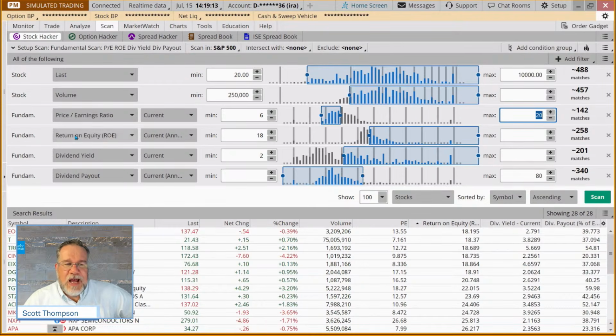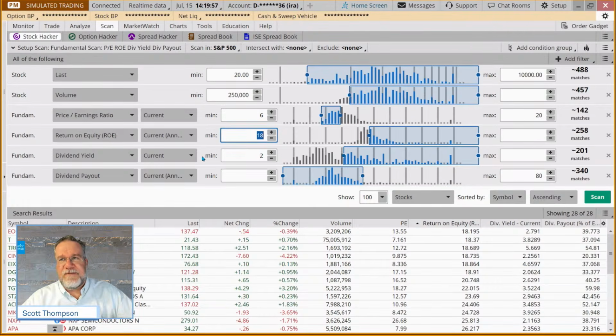Return on equity. Now, this one's kind of interesting. Again, when I first started investing, one of the things I learned about was return on equity. And I have a slide. We're going to come back and define these a little bit more, but return on equity is what it sounds like: what kind of percentage return do people expect to get on the equity that they're investing? And so 18% was kind of one of the minimum, but that was more of a growth parameter. So what I've done here with our search is we've combined some growth and some value type of components. And not only that, we're doing a little bit of a dividend yield, which is an income component. So remember a few weeks ago, we talked about the 3 different types of investors.